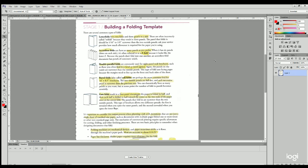Last but not least is what's called gatefolds, which results in a 4-panel document. The paper is folded in half, and then each half is folded in half towards the center so that the two ends of the paper meet in the center. The panels that fold in are narrower than the two outside panels. This type of brochure allows two different spreads. The first is revealed when you open the outer panels, and the second is revealed when you open the two